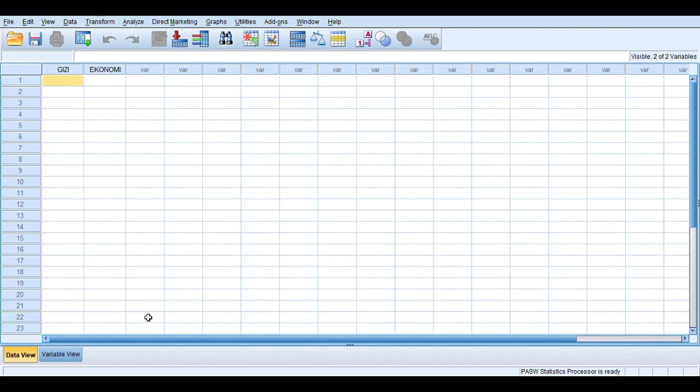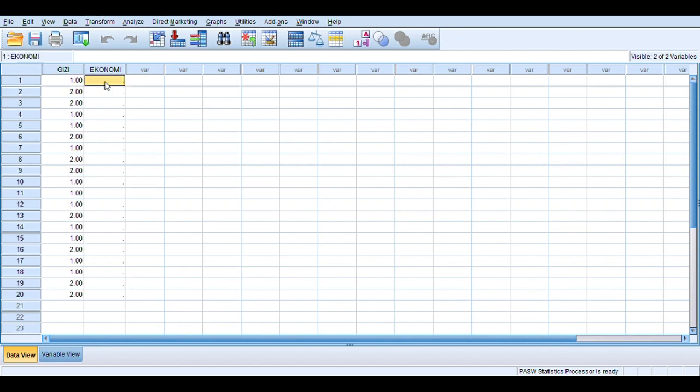And copy the coding and paste in the Gizi column. Copy, paste in the Gizi column, and then open the Excel again. Copy the coding about economy. Paste in the economy column.